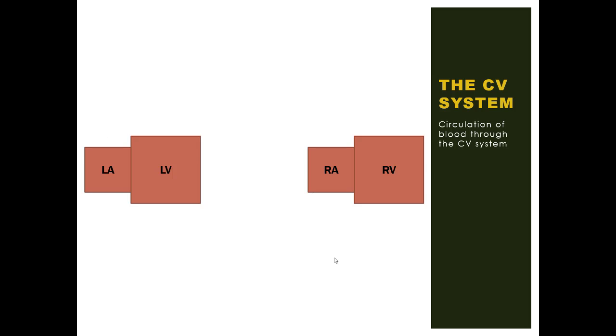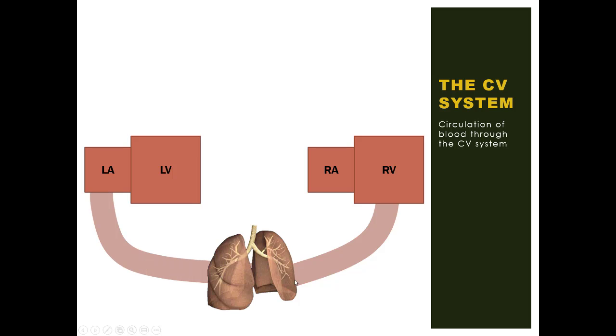So here we have the right side of the heart and then the left side of the heart here. Okay, so here we have blood vessels and the pulmonary system, the lungs. From the right ventricle to the lungs, we have the pulmonary artery. And leaving the lungs, back to the heart, into the left atrium, we have the pulmonary vein. So remember, arteries carry blood away from the heart, while veins carry blood towards the heart. And these are the particular incidences where there is deoxygenated blood in the artery and oxygenated blood in a vein.